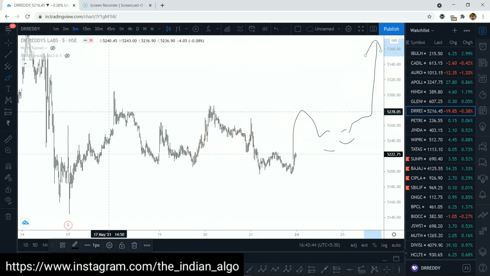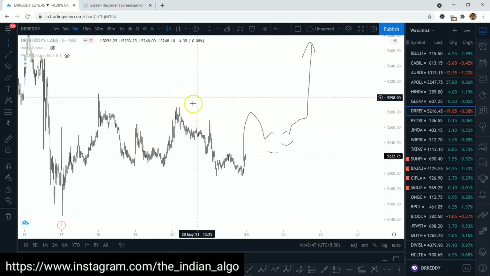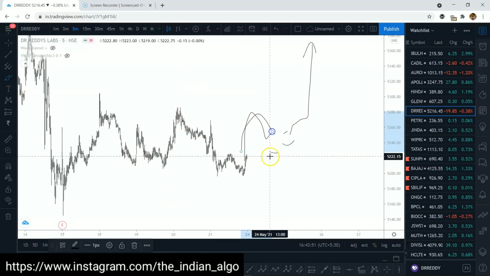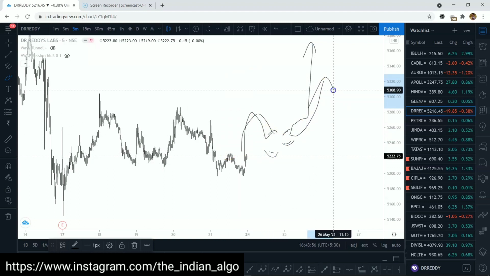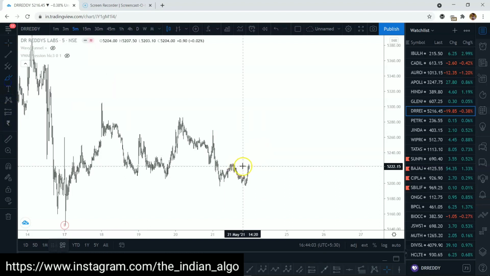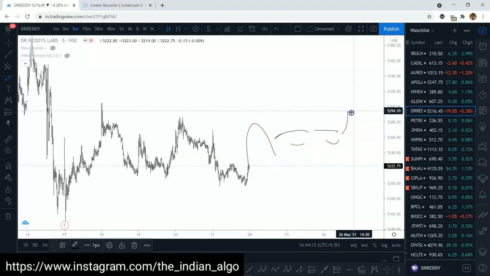This is something that you need to develop. This visualization has to be developed by yourself. It's not simply that you made a contraction pattern, made a volatility move, and made another contraction and the prices will go in our direction. No, we need to have this particular visualization that, okay, this is not the right time for me to enter any higher moves. I need to see another volatility move, contraction, and then I will take a trade whenever I get an opportunity. So Dr. Reddy, keep an eye on this. All right.